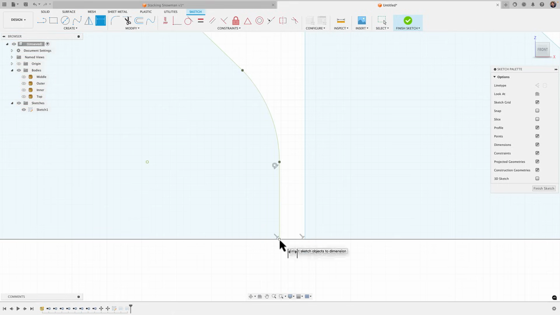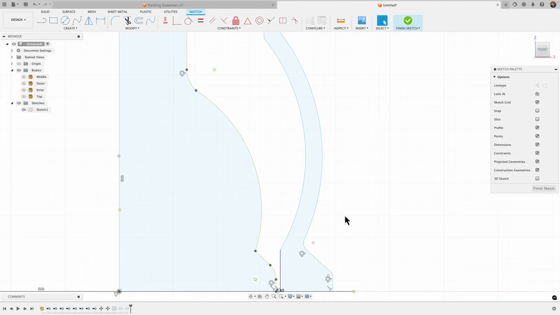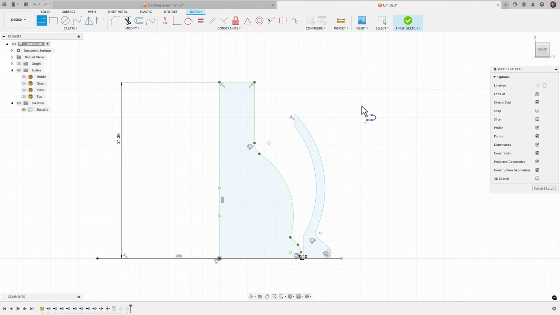So here I'm going to just click D for dimension and make sure I've got enough spacing there. 0.367, that's good. You want, I'd say, at least 0.3 millimeters apart. I'm going to go ahead and just play it safe and make it 0.4. Okay, and the other thing you want to make sure you have here, and to illustrate this, I'm going to